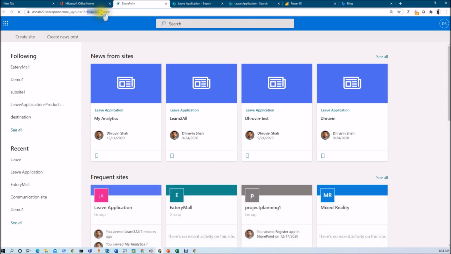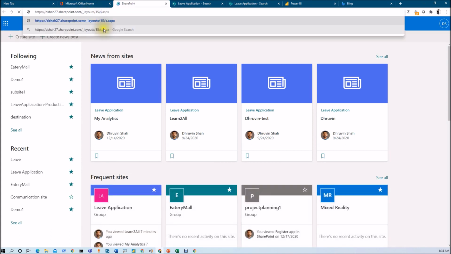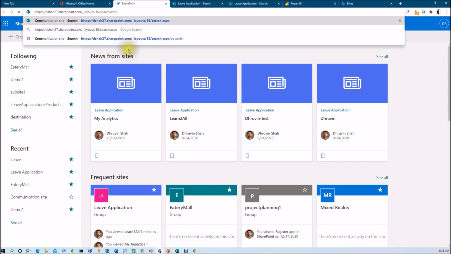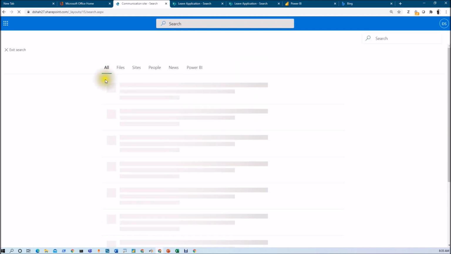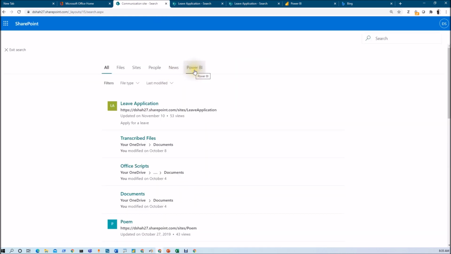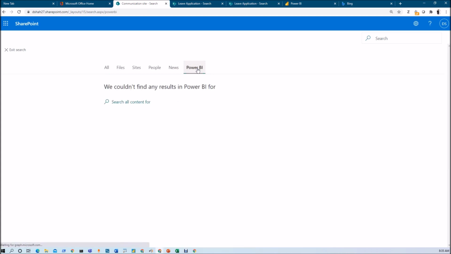Even here you can simply type search.aspx, and from here you can perform your Power BI search as well. This will open your search page like this, and in a similar way you also have the Power BI section available, and here also you just need to search any content and the result will be displayed over here.